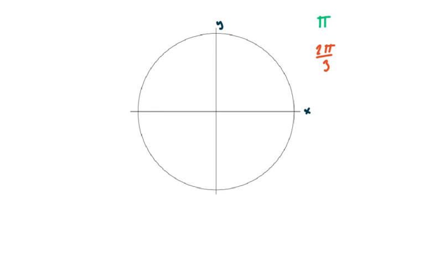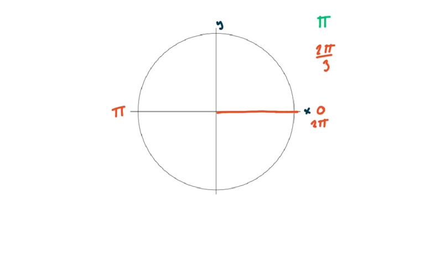When we are drawing angles on our unit circle, we always want to start by labeling our unit circle here. So our initial side of every angle is always going to be on our positive x-axis. So this is always going to be 0 radians here. We know that halfway around our circle, or 180 degrees, is equal to pi radians. And if we do a full rotation, we come back to our initial side, that's going to be a full